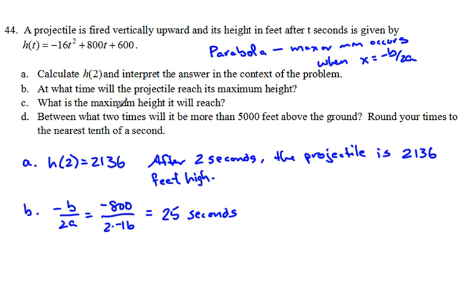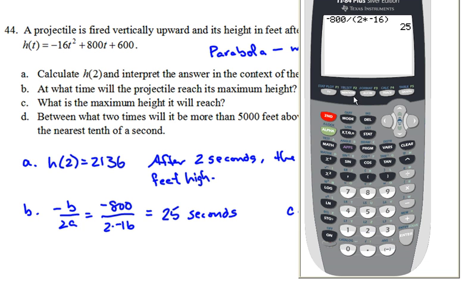All right, part C asks, well, what is that maximum height? Well, that's like figuring out what is h of 25. So that's what we're really being asked to do in part C. Oh, that looks messy, doesn't it? Let's get rid of that. Okay, so in part C, we are being asked to find h of 25. So let's do what we did before. We're going to go to our table, and so it's quick. I'm just going to change that 2 to a 25,